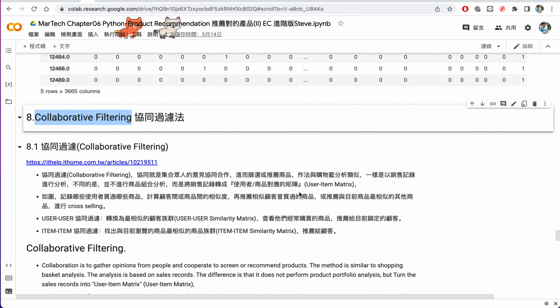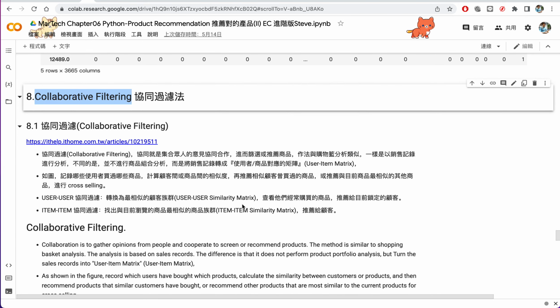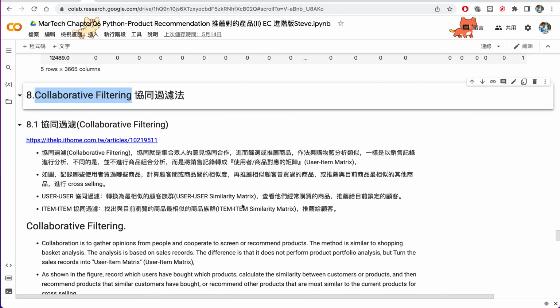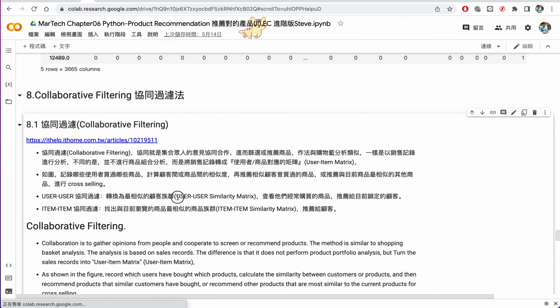So let us continue to talk about what is collaborative filtering, 协同过滤法. So what is collaborative filtering? It uses the information from customers to customers. So we use one methodology we call user